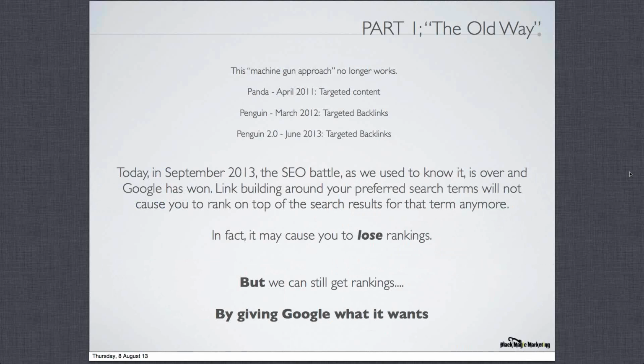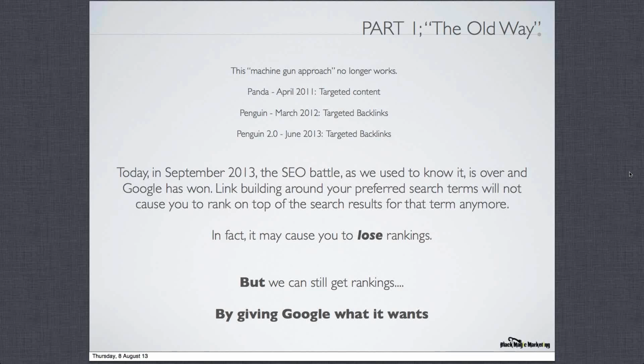Google's made 3 changes to its algorithm. It's the big line of code that organizes the search, every search term. Panda in 2011 targeted content, and Penguin 1 and Penguin 2, which was March last year and June just gone, target backlinks. What actually happened is Google decided it was sick of people gaming the system, so they set up these, if you like, warning criteria within their search algorithm to look for websites that have thin content.